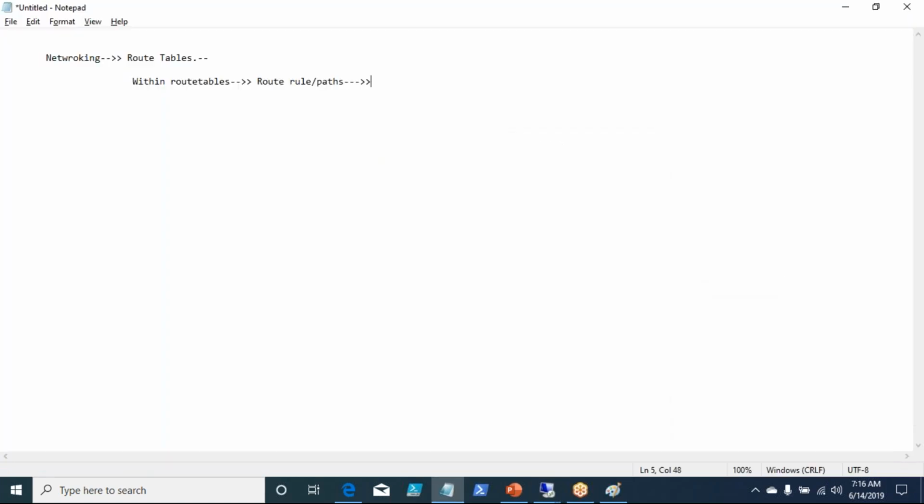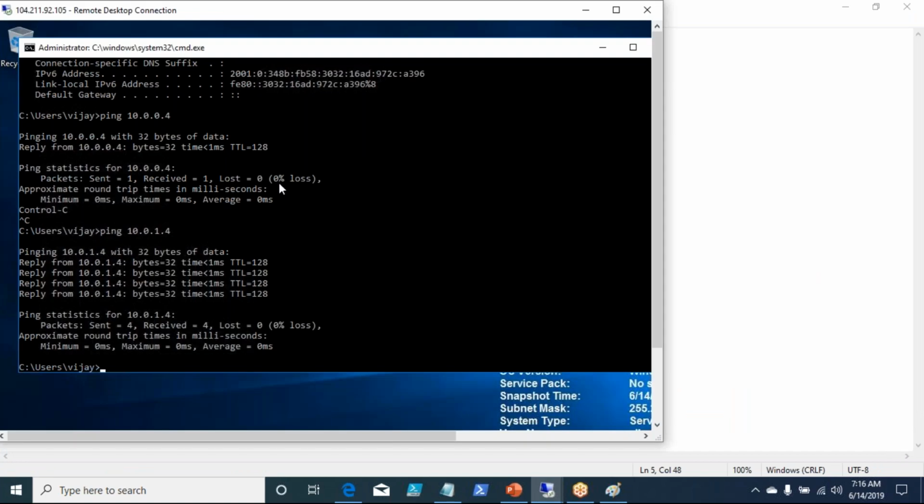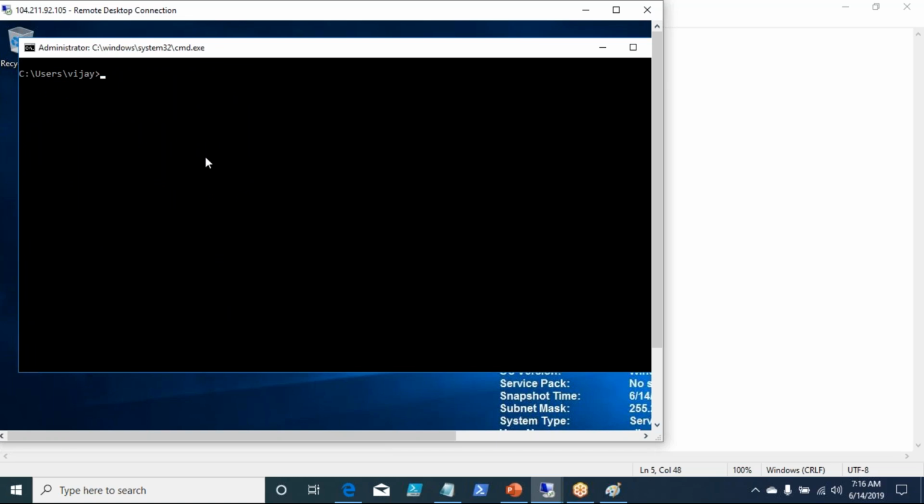Before we go there, let us look at the default configuration. What is the host name of this? VM3. By default, VM3 should be able to communicate with VM1 and VM2, right? So let us ping 10.0.0.4, which is your VM1.